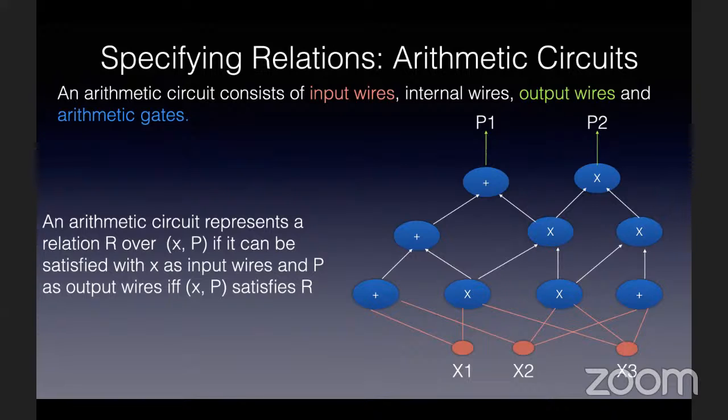Just like a Boolean circuit, an arithmetic circuit consists of input wires, some internal wires, which are like the interconnection of gates, and some output wires. And then we have what I call arithmetic gates. In Boolean circuits, we have Boolean gates like NOT, OR, and AND. In an arithmetic circuit, we have addition and multiplication gates, and they do exactly what they sound like. An addition gate's output wire will be the addition of the input wires, except this addition is a modular addition. We choose some large prime P, and all of this is done modulo P.